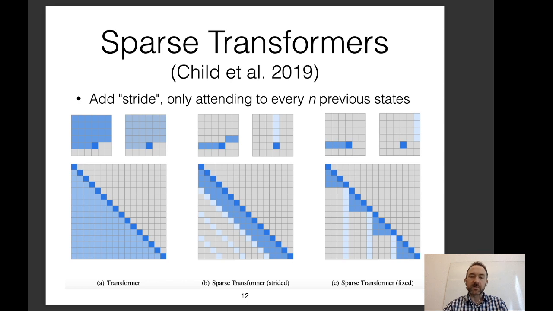One issue with this, though, of course, is that the strides will reduce the number of things that you can directly attend to. So, for example, if there's one really important word like an antecedent in the previous sentence that you would like to attend to, you might miss it just because you're striding and not necessarily attending directly to that particular antecedent.